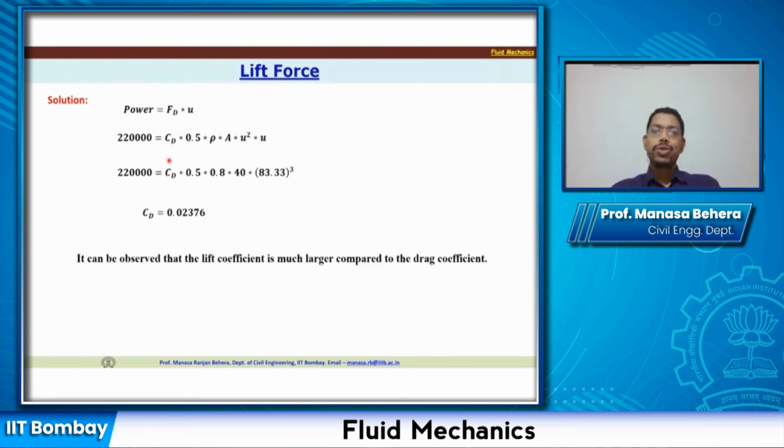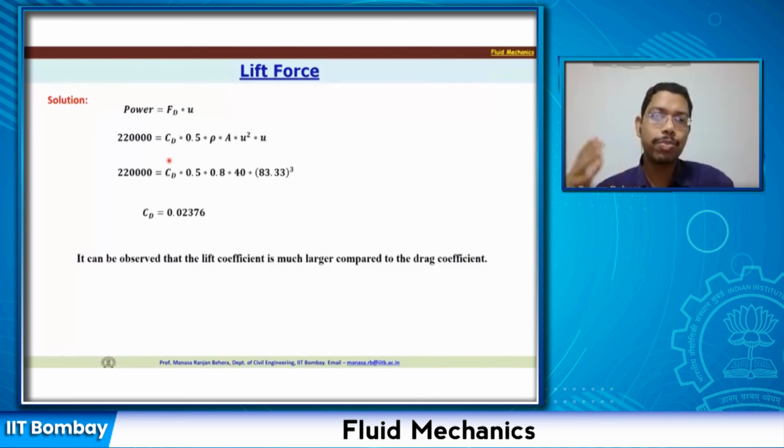All right, so this is to give you a brief overview of the drag and lift forces and drag and lift coefficients, how they are calculated and applied to various problems. But there is still much more to understand. This is only the basics or preliminary that we thought of covering in this fluid mechanics course. More details you can obviously learn as you go to the next levels.